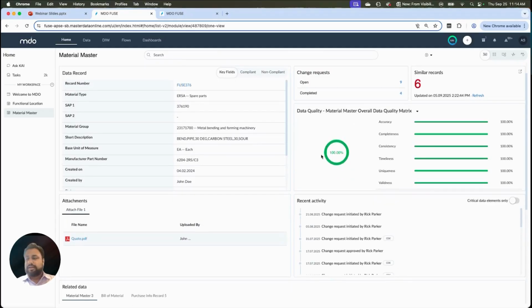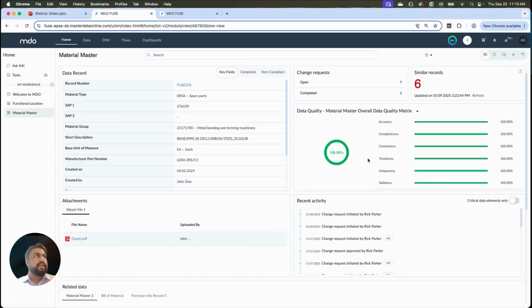Moving on to the data quality one. Now, that's an interesting one, because this MDO focuses on data quality and governance, and we have our inbuilt DQ, data quality process, where you can define different types of rules within a set of dimensions, like accuracy, completeness, consistency, and more. So using these dimensions, we can have different sets of rules assigned, and based on those rules, we can get the overall DQ score or the dimension level score for each and every record.